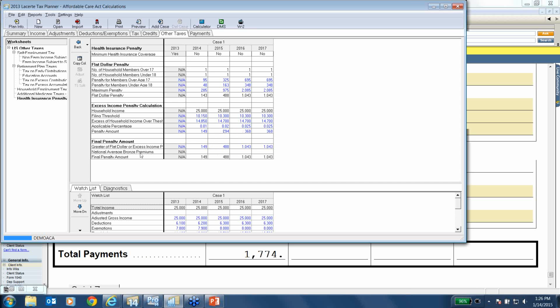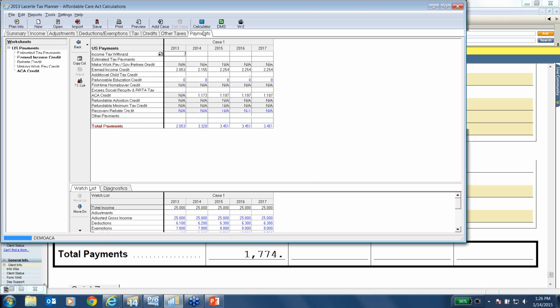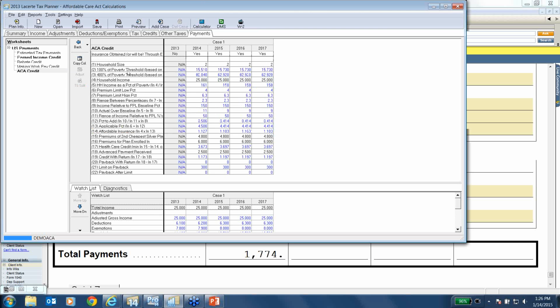And it's going to take the greater of the two. You need to punch in the national average bronze premium. If we go to the next tab over, payments, since it's a refundable credit, go to ACA credit. Was the insurance obtained through the exchange? If we say yes, then we start calculating